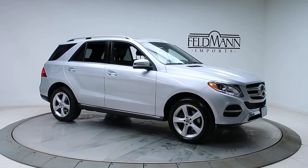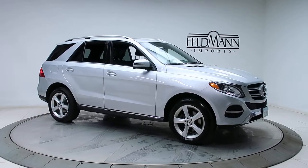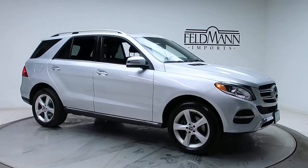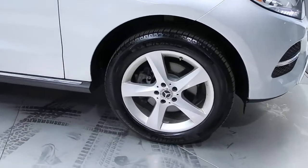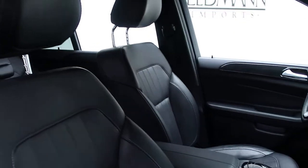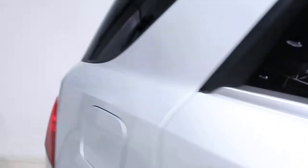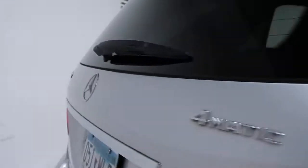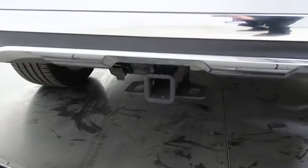Today we are taking a look at a 2017 GLE 350 4MATIC. This one is an iridium silver metallic. Under the hood is a 3.5 V6. This one comes with 19-inch 5-spoke alloy wheels, black MB-Tex leather interior, sunroof. Coming around back here, we've got our GLE 350 4MATIC badging, a trailer hitch, powered liftgate,